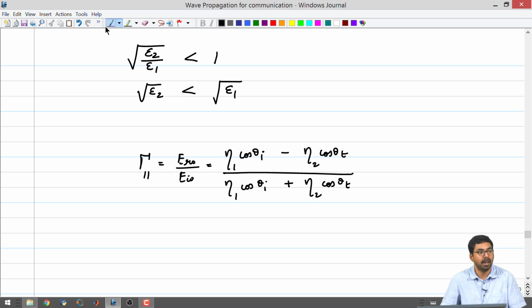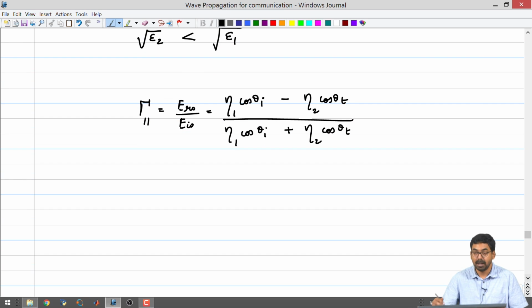I will start from there and then I will try to figure out what will happen if sin theta t becomes greater than 1. So, at precisely when sin theta t is equal to 1, we call the incident angle to be critical angle, all right. So, if sin theta t is equal to 1 and it becomes greater for higher angles of incidence, then writing down cos theta t becomes a difficulty over here.